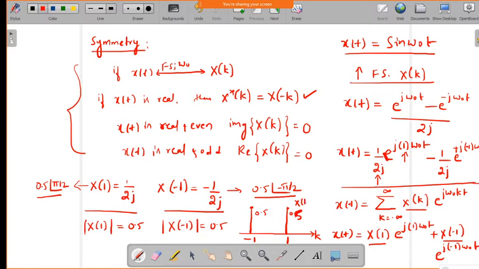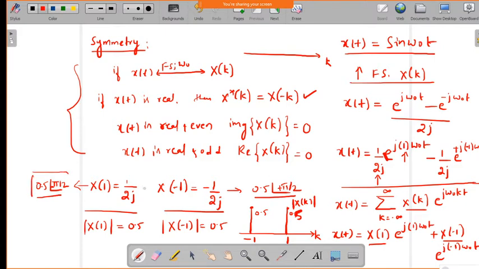So this is your X of k, that is the magnitude spectrum. Similarly, you can write the phase spectrum. So you can write here the k value. So you will be having X of 1, which is equal to, is it pi by 2 or minus pi by 2? You can check it once. So at minus 1, I think it will be plus, because j will go to the top and it will become plus, and if j goes to the top here, it will give minus, I think. So check it once, is it correct?